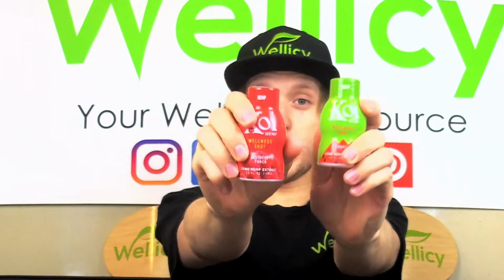So, those are the 3 flavors of the Koi Wellness Shots. And again, guys, I need to say this multiple times. The peach iced tea is the sleep aid shot. I would not recommend taking that during the day, unless you want to sleep during the day. But if you're at work or school, stay away from the peach iced tea Koi sleep aid shot and stick with the Koi raspberry punch wellness shot or the Koi watermelon wellness